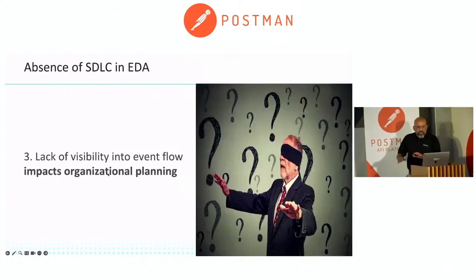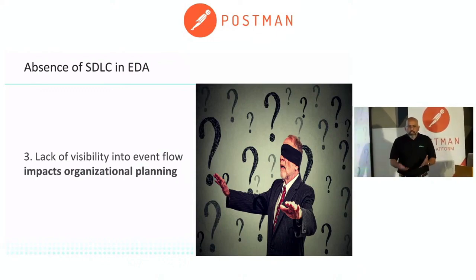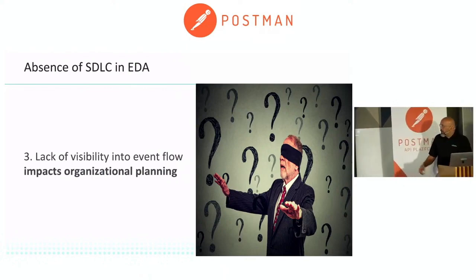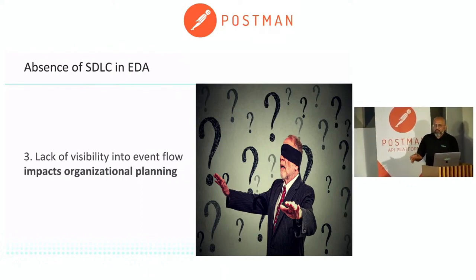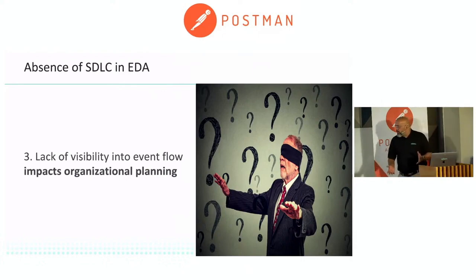And the third one is, again, about visibility. Organizationally, you are planning for the future, right? You need to know where to invest, what to invest, not just infrastructure, everything, from dollars to effort and so on, right? You need to have clear visibility. With this acquisition, am I going to redraw my infrastructure, or can I do an offhand integration? I'm just giving a simple example, but it could be as complex as possible, right? So this impacts organizational planning. That means the business C-suite executives will not like your plan if it's not justified.